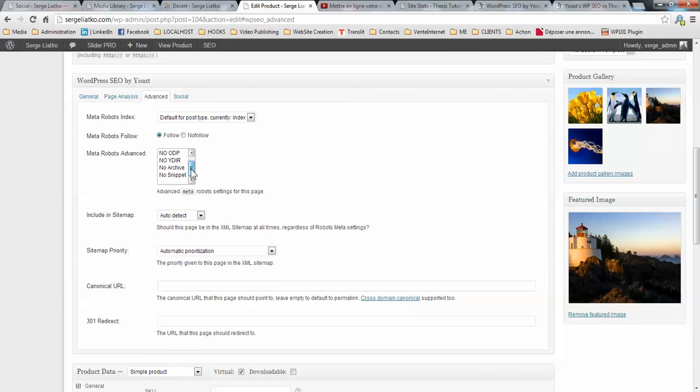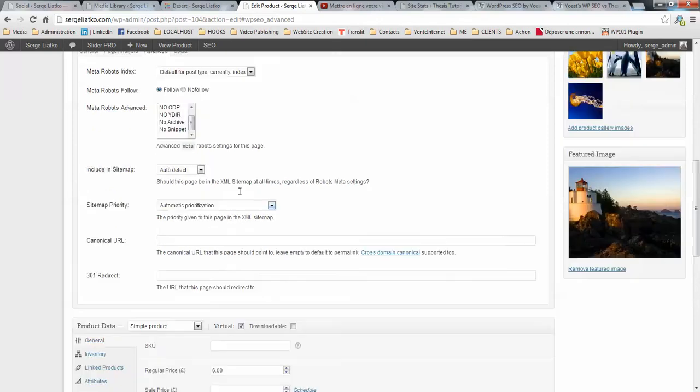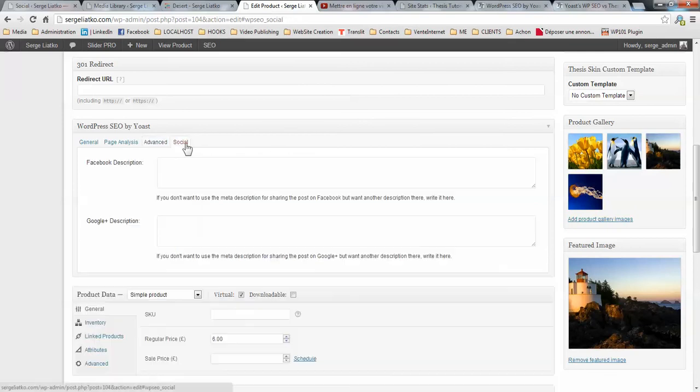Then you have control over including this post in the sitemap, and the sitemap priority. You may override the canonical URL if you wish. You may redirect this page with a 301 to any other page you wish. And on the social tab, you have the description sent to Facebook and the Google description. So, for example, this description will be